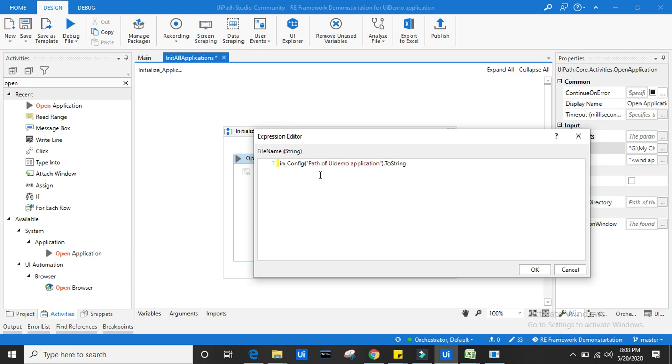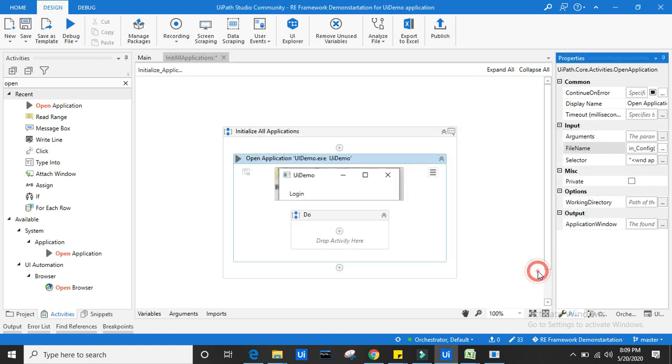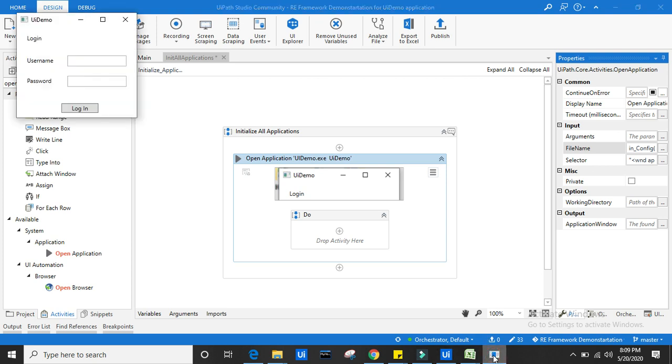I repeat, we are using the config file, but the variable is not directly accessible because you are using config in some other workflow. That's why we use it in the form of arguments. This will come gradually; you will understand it the more you practice how to use arguments. I'm just giving the key of the config, converting it toString and clicking OK. Now we have launched this application.